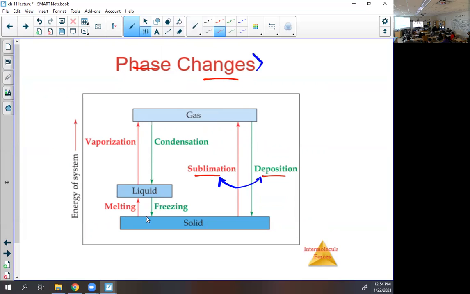It's when we go from a solid to a liquid, which hopefully all of you know that means melting. When we go from a liquid to a gas, which we say is boiling, but technically it's vaporization. It's when the liquid turns into a gas. All attractive forces in the liquid are broken and they're converted to the gas state. Now, in reverse, we have a gas going to a liquid. That is condensation.